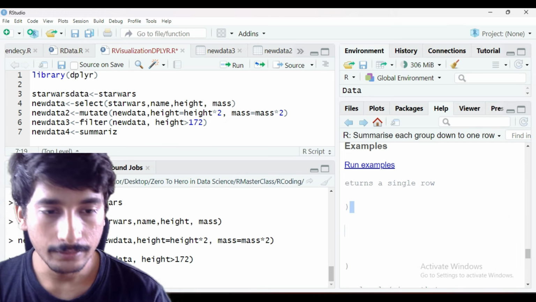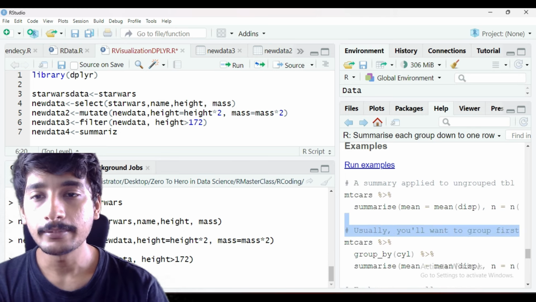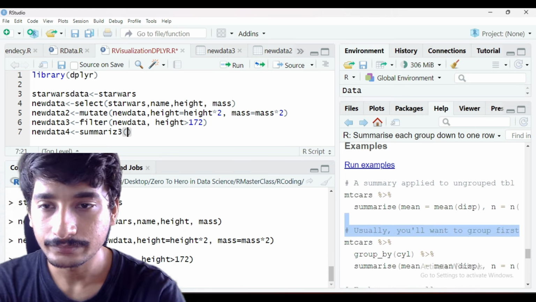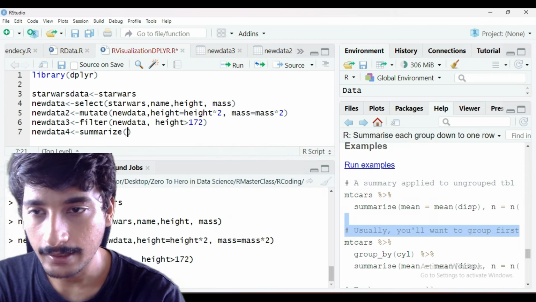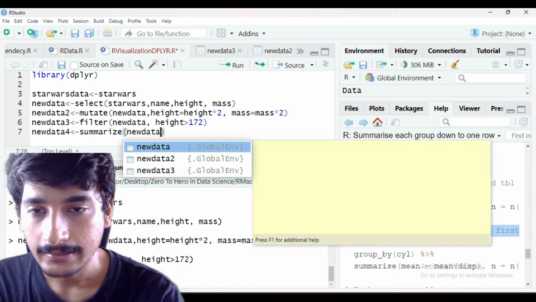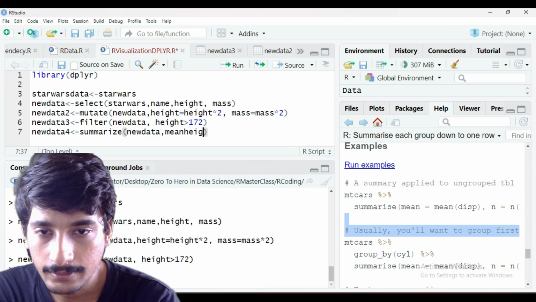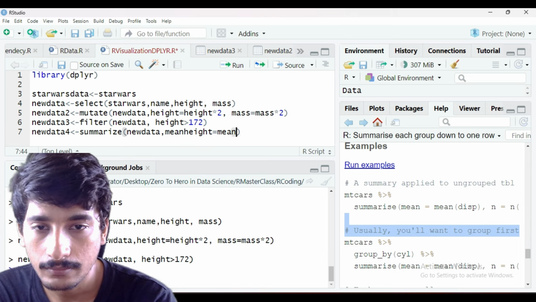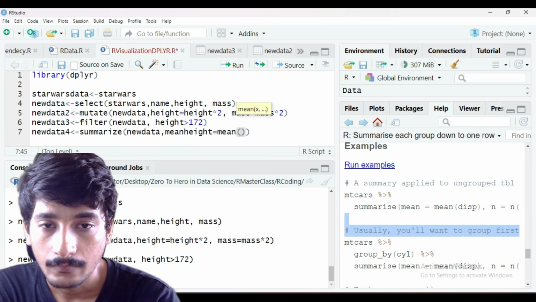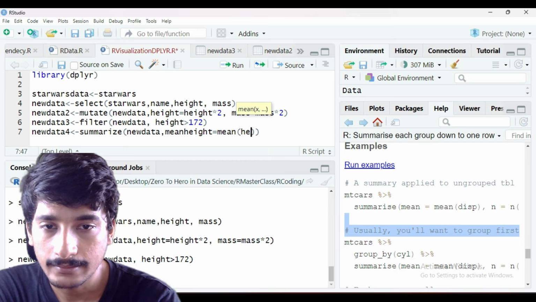So what we are going to do is, let us go back to the tab, summarize, and then we pass new data, and then we summarize mean height is equal to mean of height that we have selected,